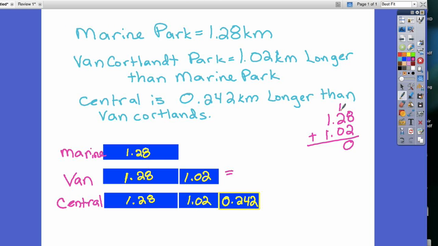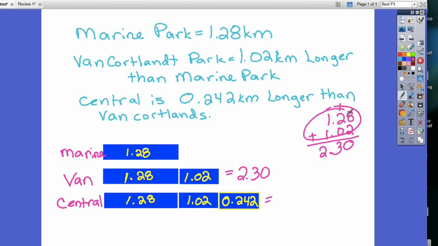Carry the 1. 2 plus 0 is 2, plus 1 is 3. Bring down a decimal. 2. Do we have to put the 0? Nope, we don't. So we know that these two added together equals 2.3, but now we have to add